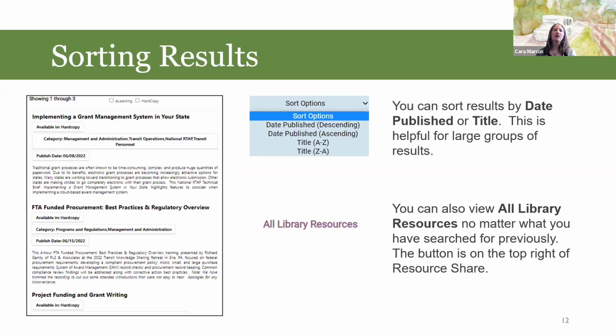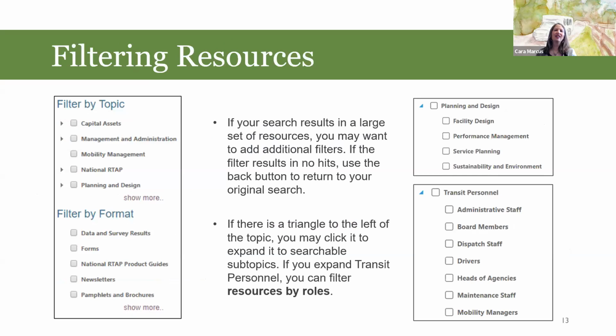You can also, from any search you've done, view all library resources. We have 851 right now. And if you have time to look through all of them, this is great. But if not, once you get all of our resources or you get another large group, you can filter them. So you can filter by topic,